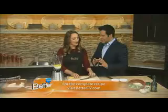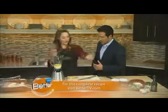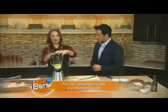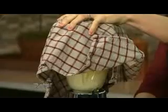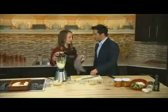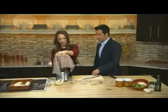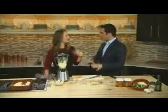And is it blended all together? Does it need to be cooked in any way? One tablespoon of water. Just a little bit of water. Yep. And then you just go ahead and blend it. And whenever I'm using a blender, I always like to just kind of take a towel, just in case. And then you pulse it. Looking good in there. And this is also something you can make in a food processor if you don't have a blender. I'm just going to blend it a little bit more. And when this is finished, we don't need to do anything to it. We just literally just put it right over our...